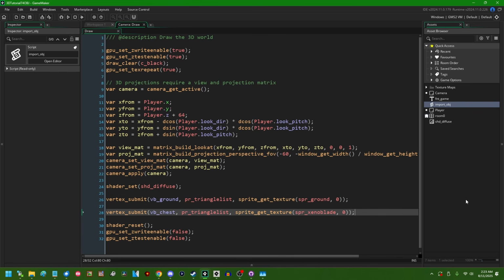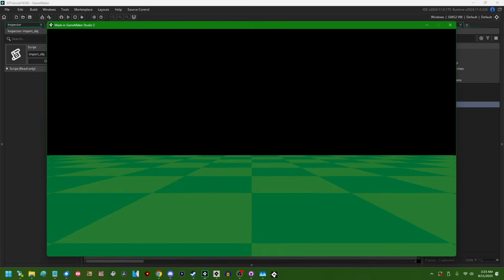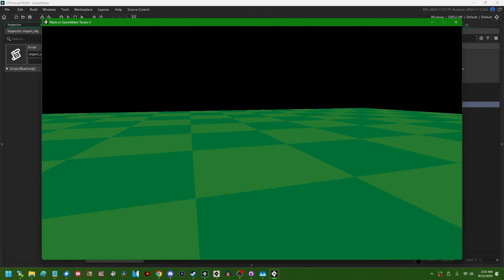So for this project here, we are going to be using the same treasure chest model that was loaded during the OBJ import video. It is just being drawn without any special transformation. It's going to be drawn by default at the world origin, so at the 0 point, at the 0 coordinate, just like everything else. So if I run this, we are going to see a slight problem,